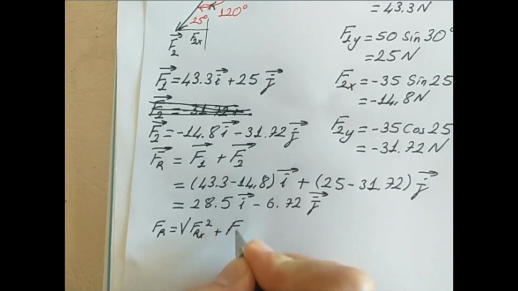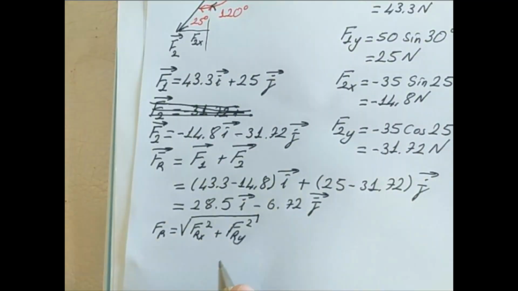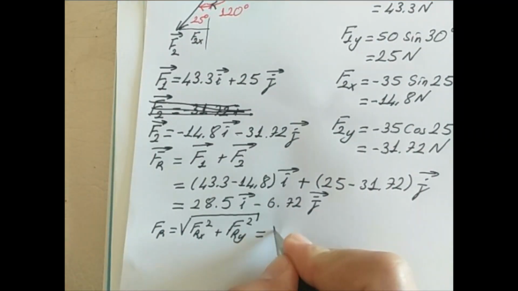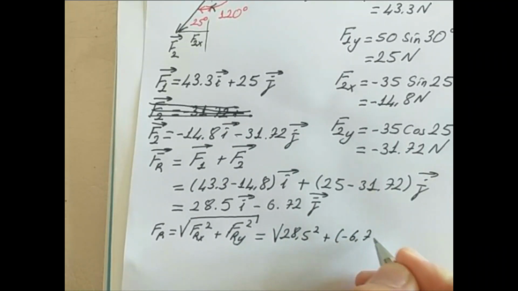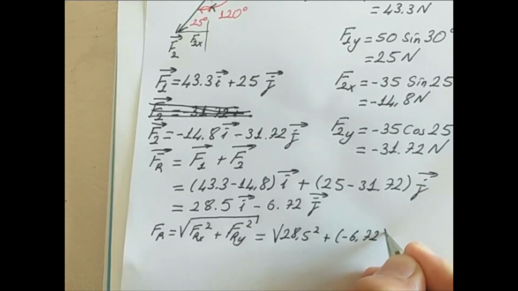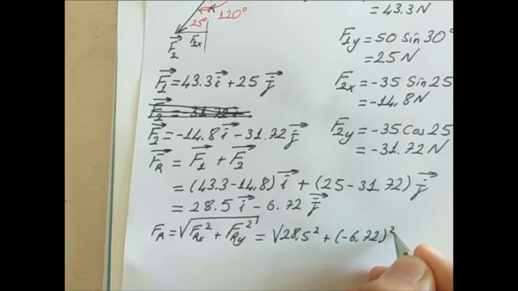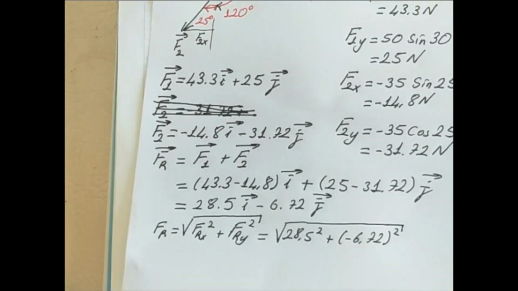So this is 28.5 squared plus minus 6.72 squared. This gives me the value of 29.28